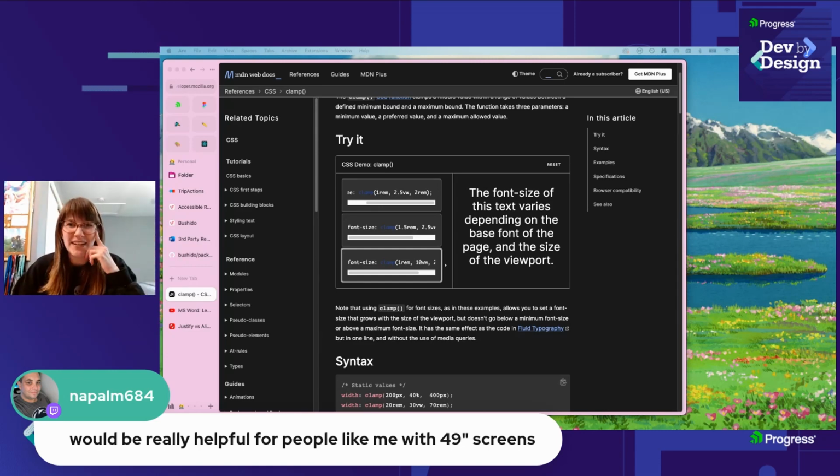Being able to set these adaptive ranges is going to be really important, because we have the data. We know how much the human eye can process before it gets difficult. So we can use that data in our designs